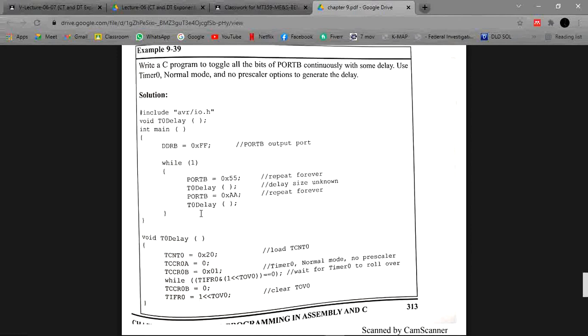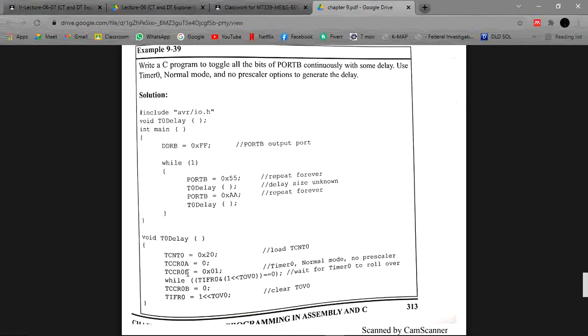In the second function we are using TCCR0 and TCNT0, setting 0x20 and then 0, and with the help of the 0x01 command we are using the timer in normal mode with no prescaler.